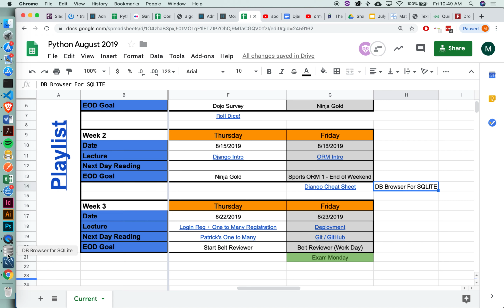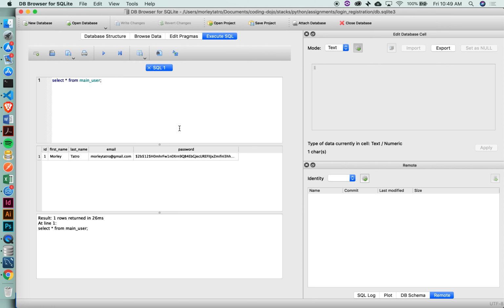But what this tool allows us to do is interact with our Django databases in the same way that we're able to do with MySQL Workbench. Django is not by default using MySQL. By default, it's using something called SQLite, which essentially puts all of your data into a single file. Whereas with our database, the rest of our computer can interact with it because we have a MySQL server on our computer. Here, we will have a file inside of our project that keeps track of all the